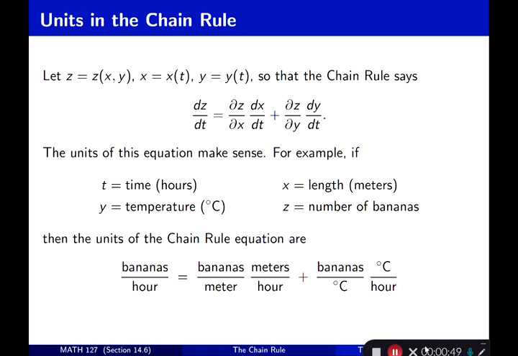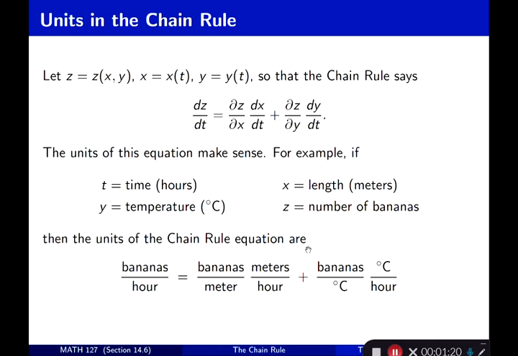So the units of the chain rule: the partial of z with respect to x is bananas per meter, and dx/dt is meters per hour, and then again bananas per degree Celsius and degrees Celsius per hour. You're adding them up, but the units end up being bananas per hour